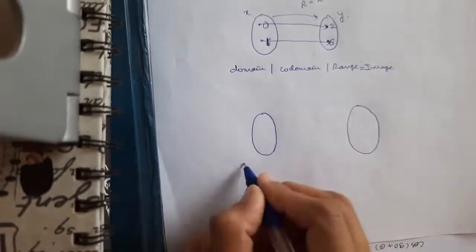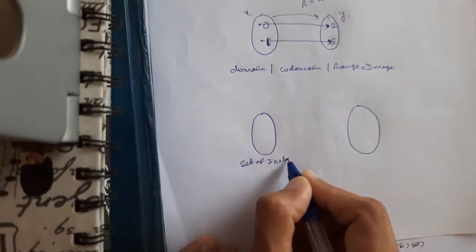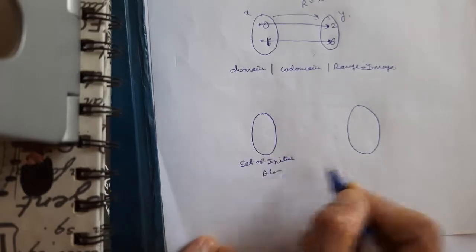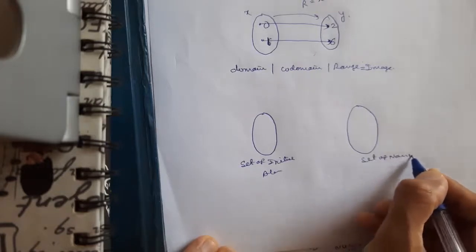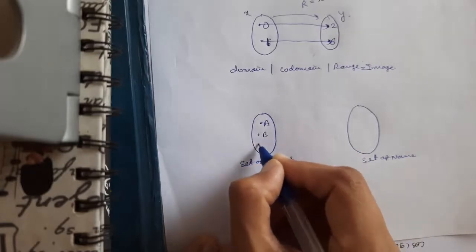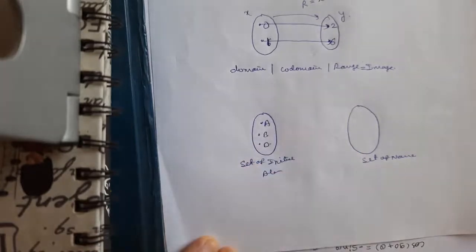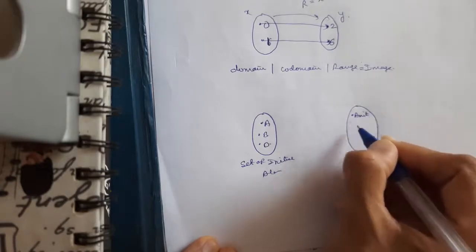This is a set of initial alphabets and a set of names. For example, I have A, B, D here, and for names I have Amit,